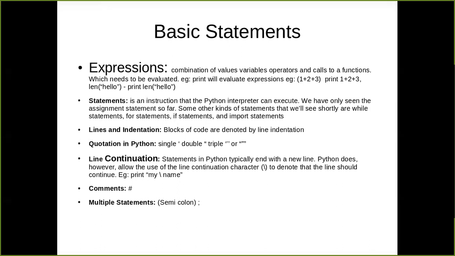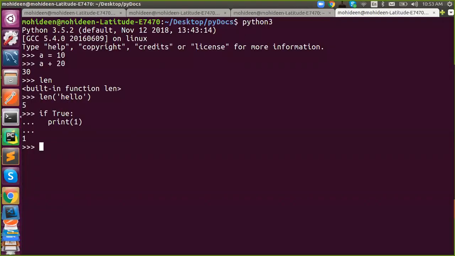Now we'll talk about what is line and indentation. In Python we don't have such a thing called a curly brace, like you might experience in other languages. When you define a class or function, you have to use a curly brace to show that the block has started, and once done, you indicate the block was terminated by using a curly brace. But in Python we don't have something like that.